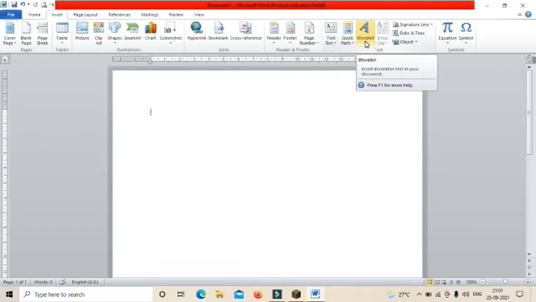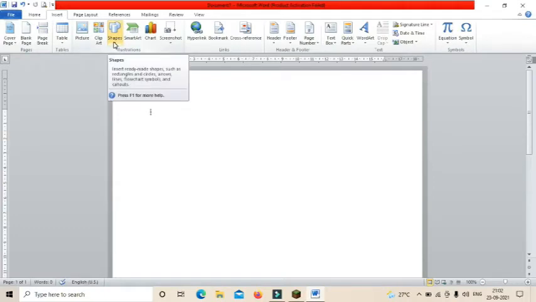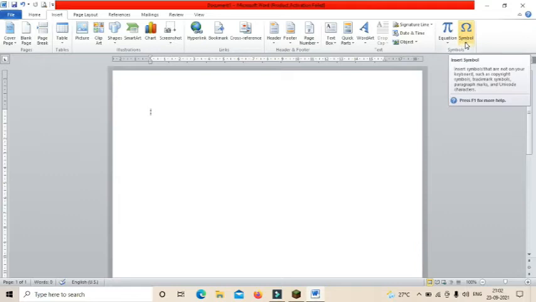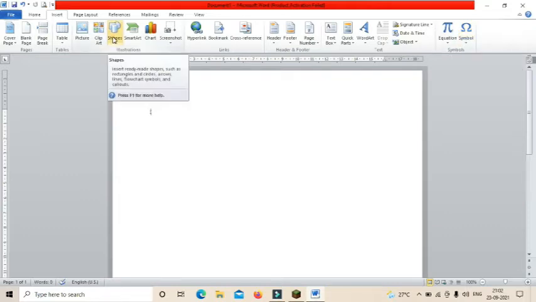Today we are going to study another two options. One is the option called shapes, and then we are going to study symbols. Now, what is a shape?